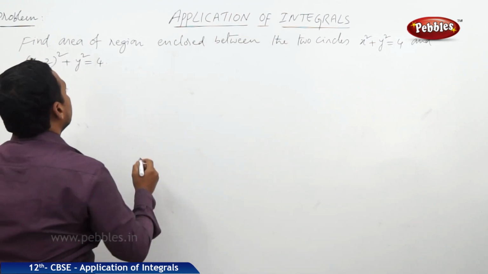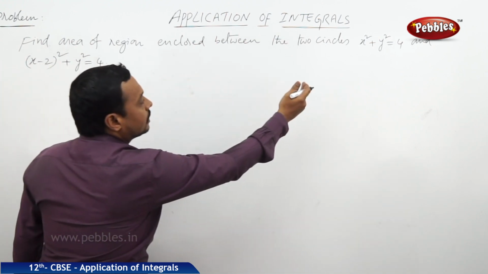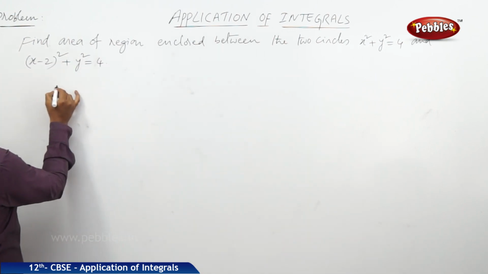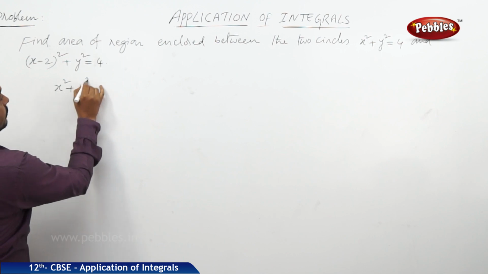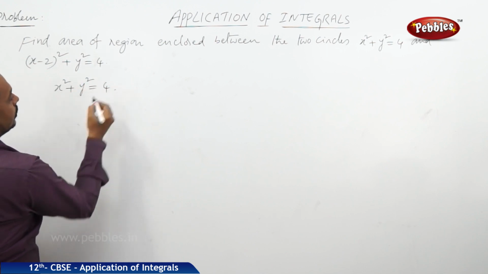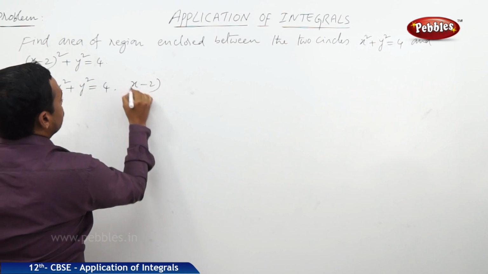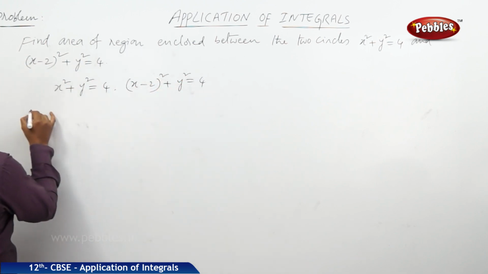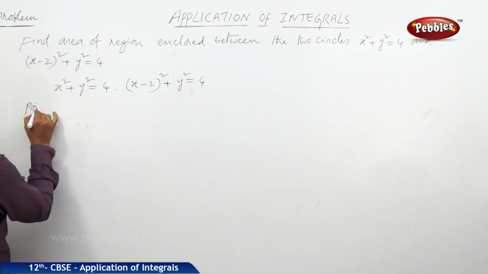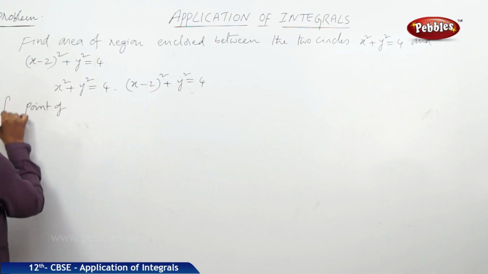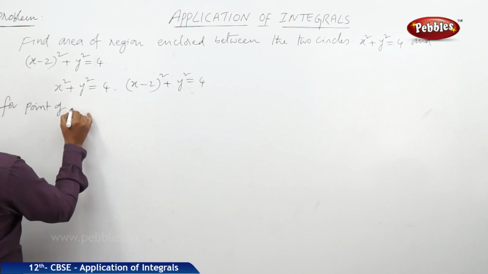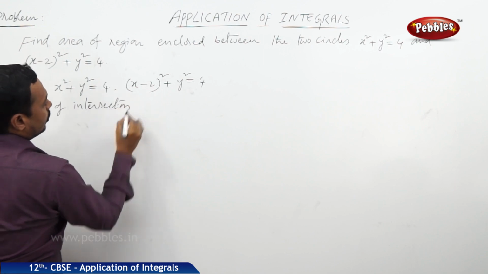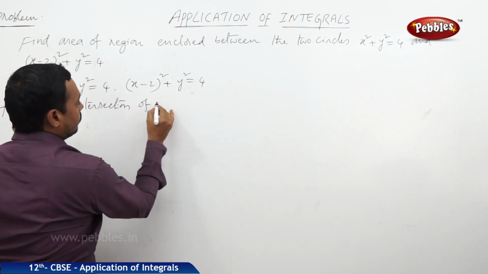Okay. Now, first of all, let us find the intersection point of these two curves. One is x square plus y square is equal to 4 and another one is (x minus 2) whole square plus y square is equal to 4. Now, for the point of intersection of these two circles